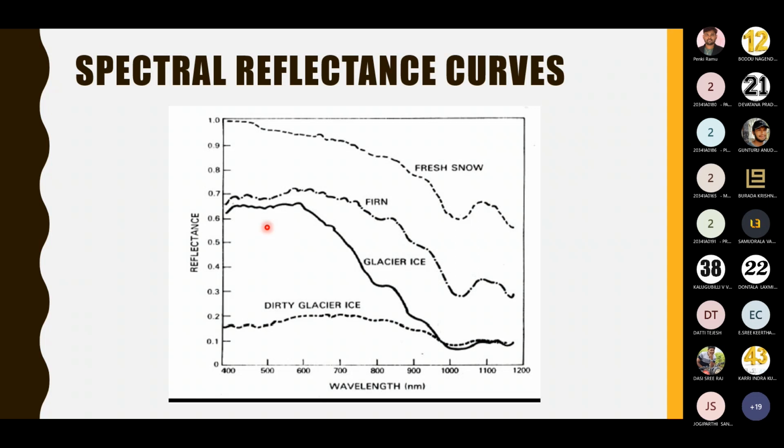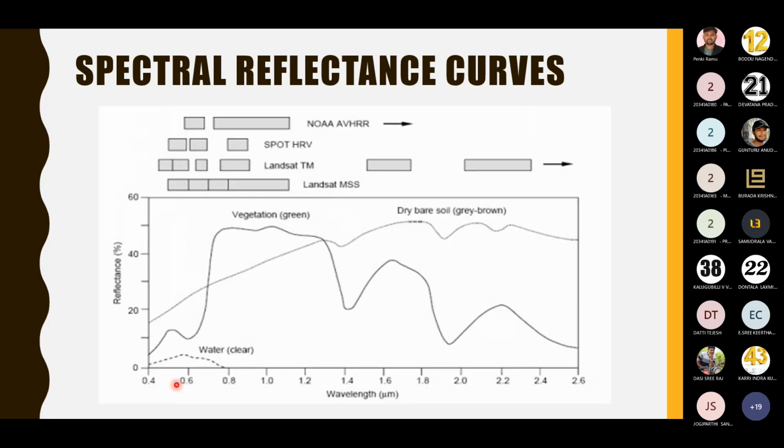These are different spectral reflectance curves for different forms of water. Since we are talking about the cryosphere, the peculiar thing about water is that it can absorb almost all of the incident energy on it. Here you can see very little reflectance between 0.4 and 0.8. After 0.8, there is no reflectance at all. Even between 0.4 and 0.8, very little energy is being reflected into the atmosphere. What is happening to the remaining energy? It is being absorbed or transmitted into other objects. So we see only a very small amount of reflectance from the water body, clear water body to be precise.